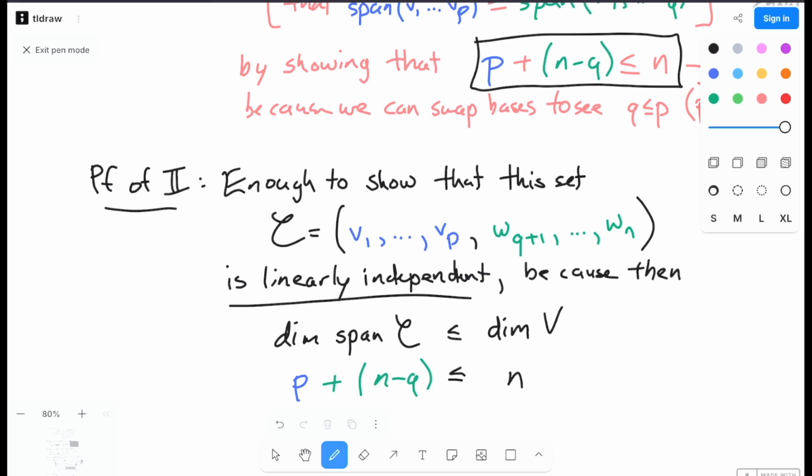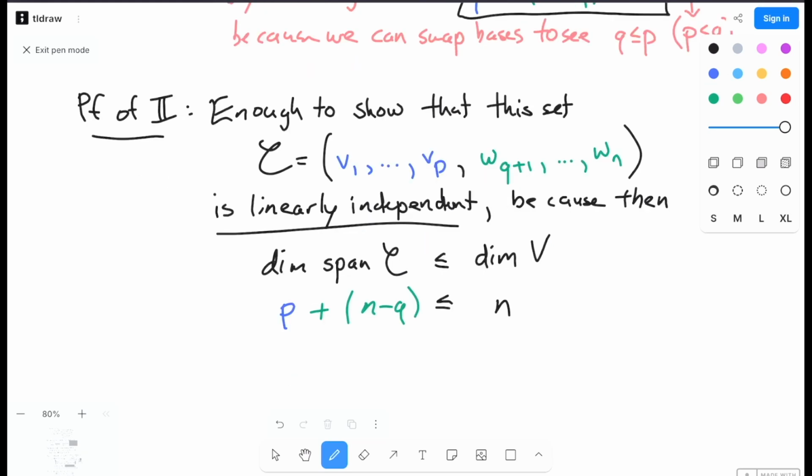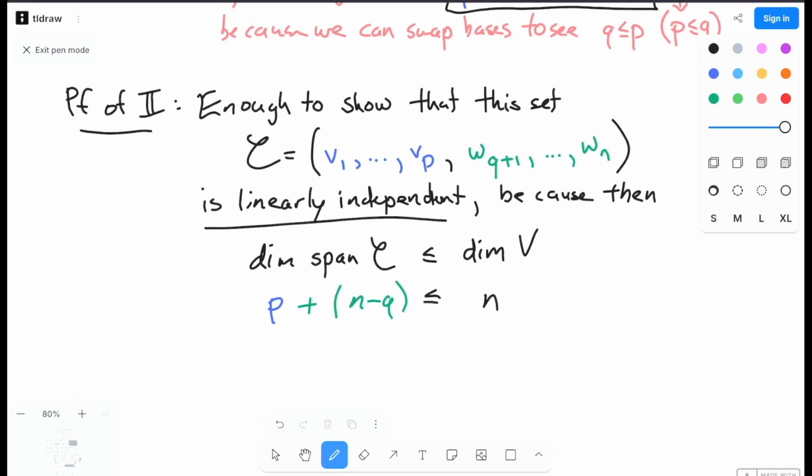Well, we have to find some linear relation, or sorry, you have to not find one. You have to assume that one exists out there, assume nothing about the structure, and then show that in fact it could only possibly have been a trivial relation. So let's get started. Suppose that there is some